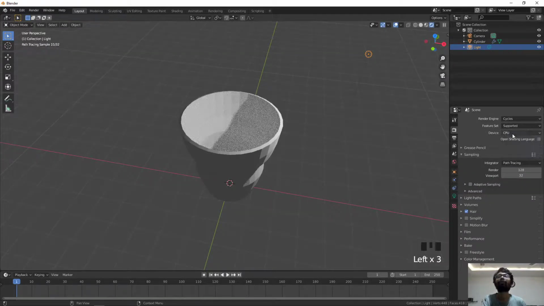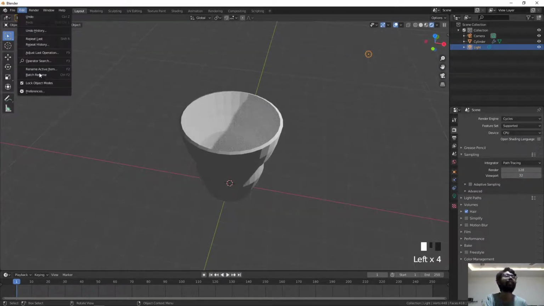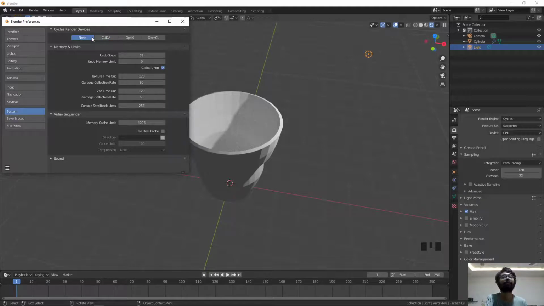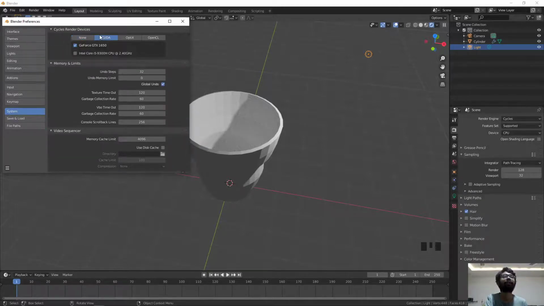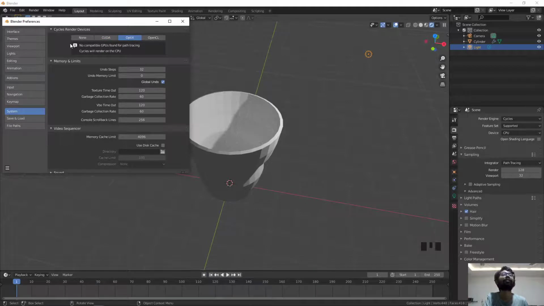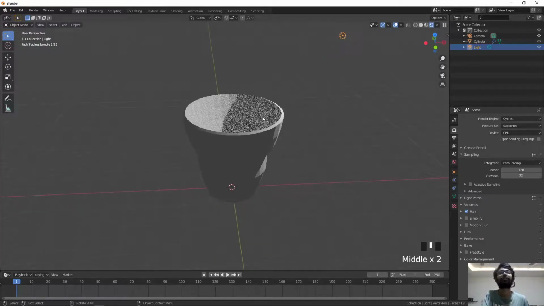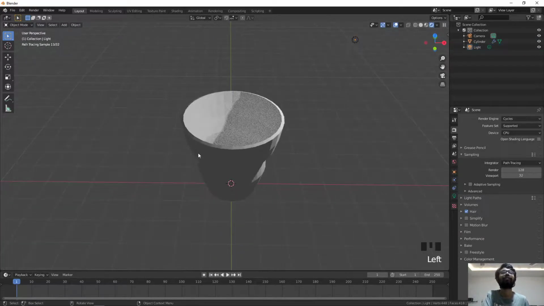Now to select GPU, you'll have to do one thing. You'll have to go to Edit, go to Preferences, and go to System. Here you will see that by default it will be None. You will have to select CUDA, and here you will have to select your GPU, whichever GPU you have. If you have RTX, you can go to OptiX, where you will select your RTX GPUs, and if you have GTX GPUs, you will have to select CUDA, where you will select GTX GPUs. OptiX is where you can render faster. This is ray tracing technology, so you will render faster, but I don't have RTX, so I'll render with GTX.